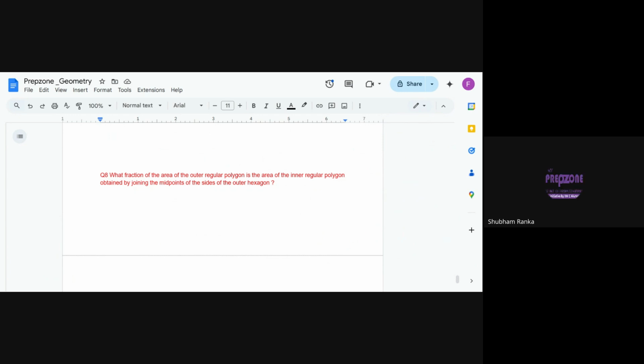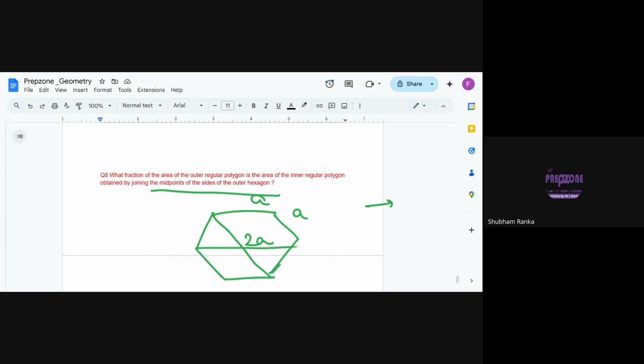ये क्वेश्चन का मैं फिगर बनाता हूँ। सो ये फिगर कुछ ऐसा दिखेगा, तो आउट ऑफ हेक्सागन क्यों लिखा है इसमें? See, if you make a hexagon, there are some properties that you can recall. जैसे ये साइड अगर A है तो ये साइड क्या होगा, ट्वाइस ऑफ A, पता है ना? ये साइड 2A होता है, वो कैसे होता है मैं बताता हूँ।